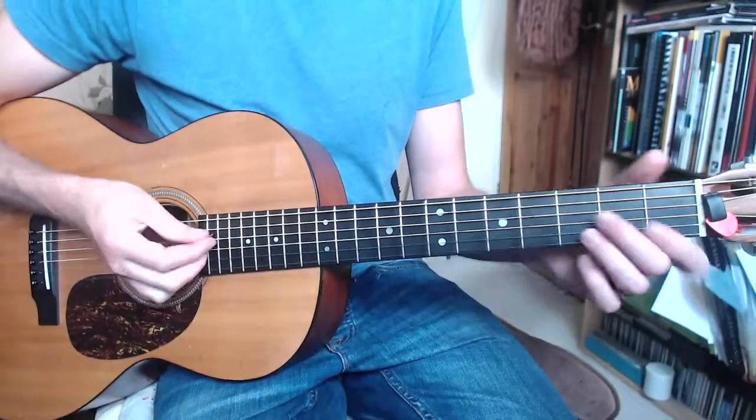So there's basically two sections that repeat, the verse and the chorus. So the first thing that we'll do is have a look at the chords for the chorus, which is the starting opening of the track, which has the intro riffs over the top. So we have a D minor chord,